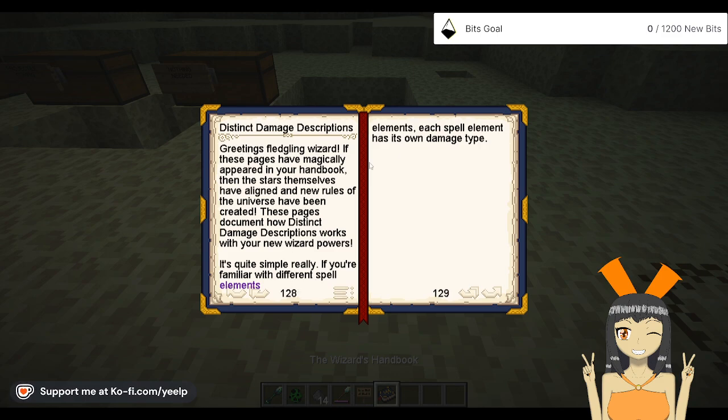If these pages have magically appeared in your handbook, then the stars themselves have aligned and new rules of the universe have been created. These pages document how distinct damage description works with your new wizard powers. It's quite simple, really. If you're familiar with different spell elements,